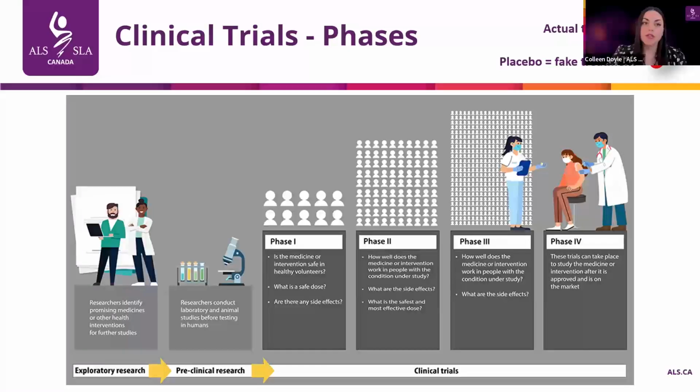In a phase 3 study, the potential treatment is then tested in a large enough number of people considered to be sufficient for determining if it will slow progression or have an effect on ALS symptoms, while still assessing safety and tolerability. These are often called registration or pivotal trials because they are aimed at proving or disproving the value of a treatment for use in ALS. And these later stage clinical trials are often placebo-controlled, and those conducting and participating in the study are also blinded, meaning they do not know which participants are receiving the active drug and which are receiving placebo. And this is required to eliminate as much bias as possible from the end results.